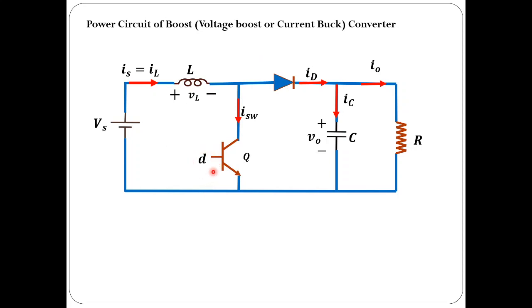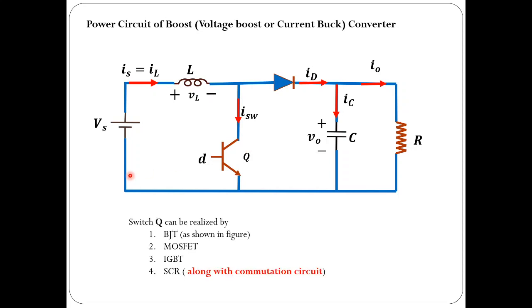Of course, the control circuit is not shown here. The control circuit corresponds to the duty ratio. Now in order to control the duty ratio, so as to control the turn-on time of the switch, you need to design a control circuit that is not given here. Okay, that is not considered here. Of course, in this course we do not consider that. Okay, so if time permits, maybe we will discuss the firing circuits later on, maybe at the end of the course.